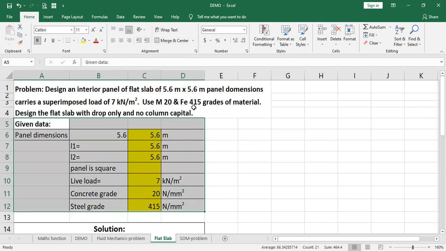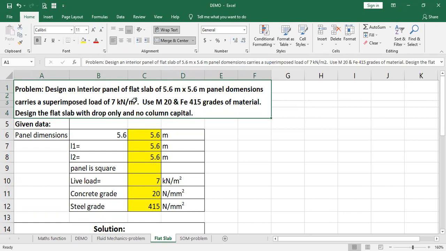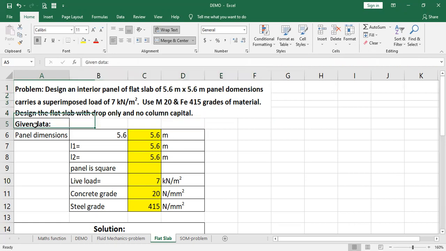So conversion, you can just look at, this is the problem. Open any textbook, and in the textbook you will see a number of problems. Those problems may be related to survey, fluid mechanics or strength of material, whatever subject you like. You can go to geotechnical engineering, or engineering mechanics, or even a mathematical one. Take any kind of problem, and whatever values you get, convert them into given data like this. This is the first step: you have to convert this problem.